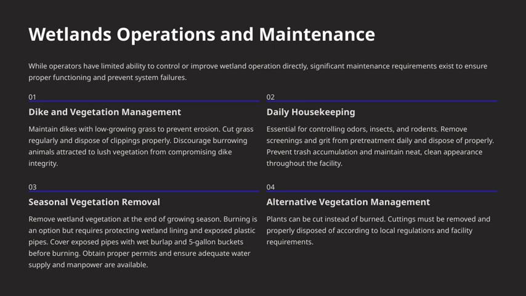While operators don't have full control over how the wetland functions, there are several key maintenance activities that are essential to keep everything running smoothly and to prevent system failures. First, dike and vegetation management play a crucial role. We need to maintain the dikes by keeping low-growing grass on them, which helps prevent erosion. Regularly cutting the grass and properly disposing of the clippings is important. We also want to discourage burrowing animals that are attracted to lush vegetation, as they can compromise the integrity of